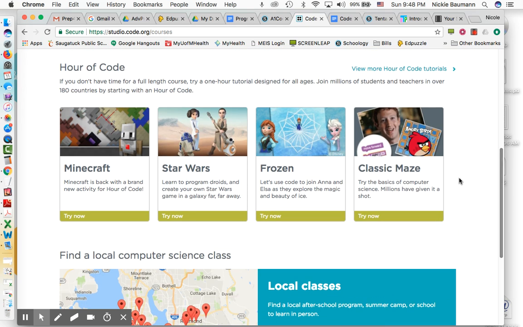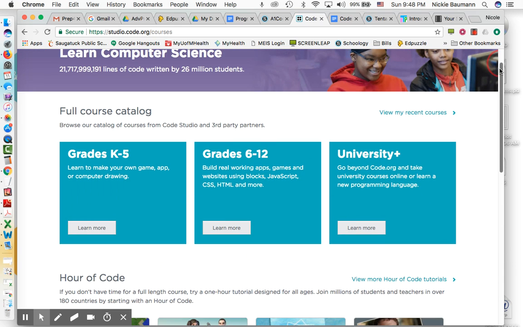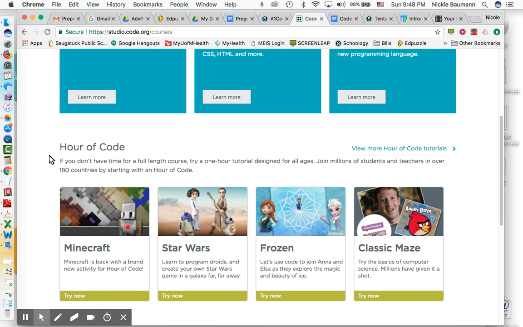I can just go back down, and I would go to the hour of code. If you do a Google search for hour of code, you can search their website, but that's what we're looking for, the hour of code. And you can pick Star Wars, the Classic Maze, the Minecraft. I will say that the Star Wars and the Classic Maze have, at the very end, a way where you can create your own